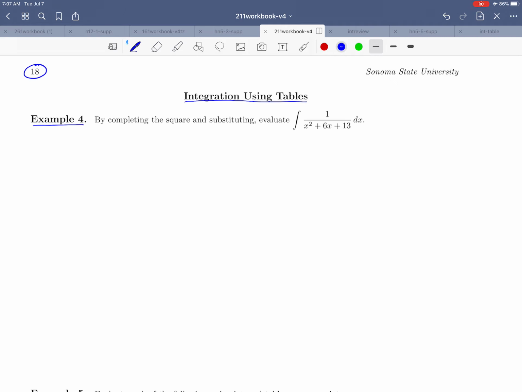This is going to be our first example illustrating how we might use this integral table. Here's what they'd like us to do. They want us to complete the square and use a substitution to evaluate the integral of 1 over x squared plus 6x plus 13. So let's start with completing the square. They're actually just talking about the denominator here. So I'm going to take the denominator, x squared plus 6x plus 13, and we'll review the process